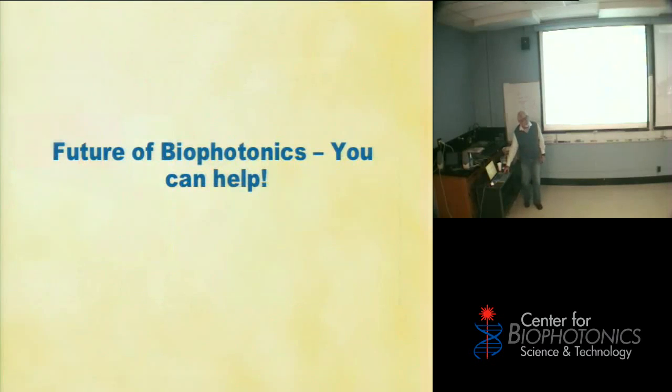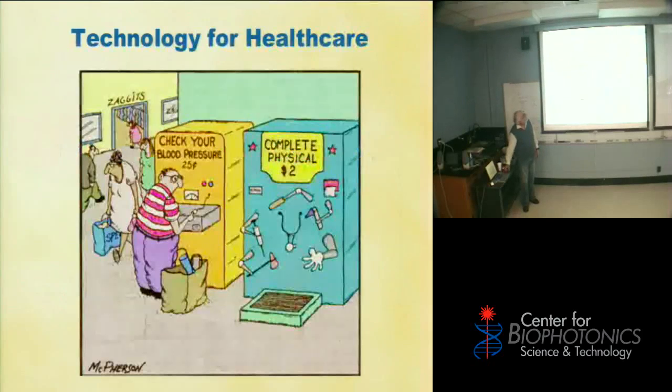Okay, the last thing I want to talk to you about is the future of biophotonics, and you can help here, I think. So technology for healthcare definitely needs some revision. I love this cartoon from the past, especially when it's the complete physical one. It's a little daunting to go from the simple blood pressure measurement to something that pokes holes in you and so forth. So the idea of non-invasive medicine, and I think light can get you there, is very